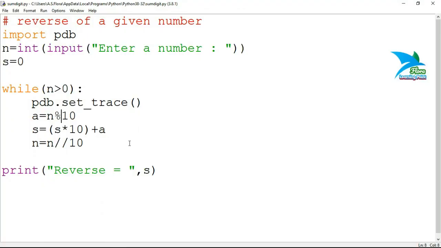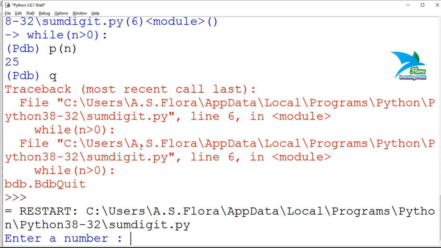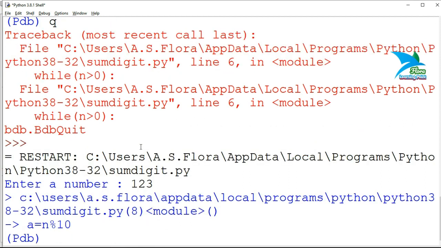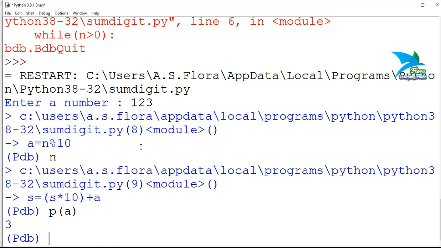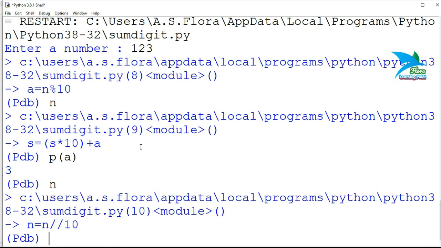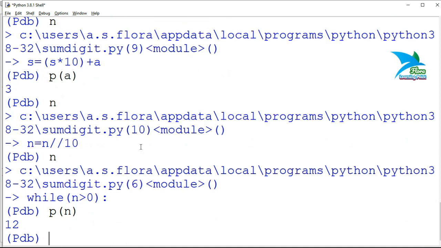So let's suppose during the debugging of a program, after executing some statements step by step, I'm going to run this one. I'll press N and check P a, and the value is correct, the expected value is right. Then I'll press N, then now press N. Now I will check value P and N.